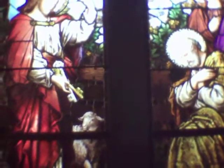This is one of the places where they store some of the souvenirs from past events. Here is a station that depicts Jesus carrying the cross. You can see that. Here's some beautiful stained glass work where Jesus is giving Peter the keys to the kingdom. As you can see,